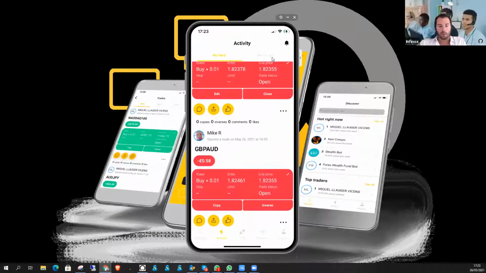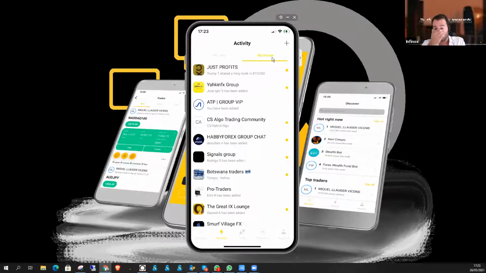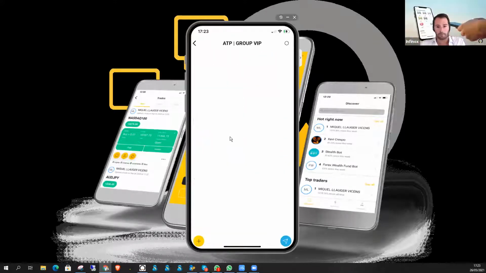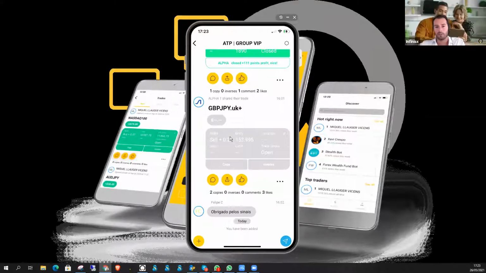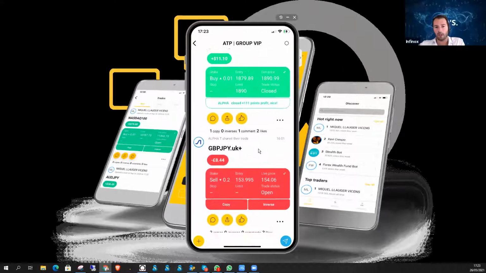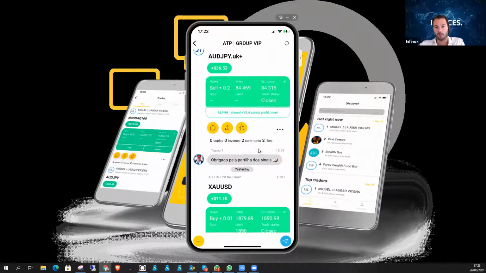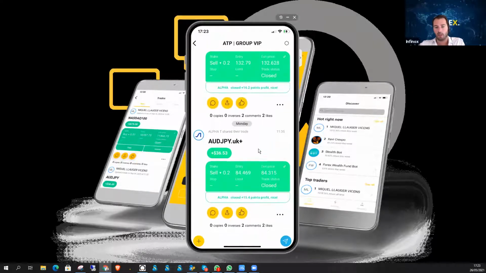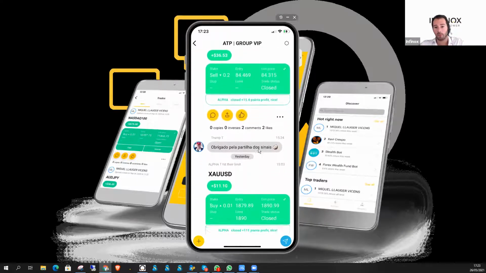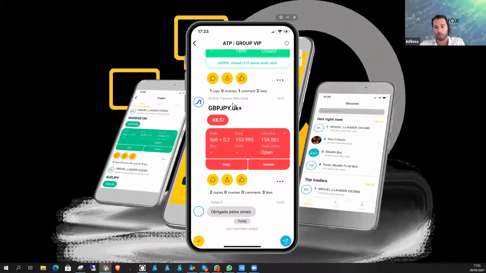Now here you have the groups. On the groups, you can join or create different trading communities. So let's say, for example, ATP Group VIP. I've joined this group recently, and I can see that this user has been sharing some trades. So as a member of this trading community, I can see that he shared